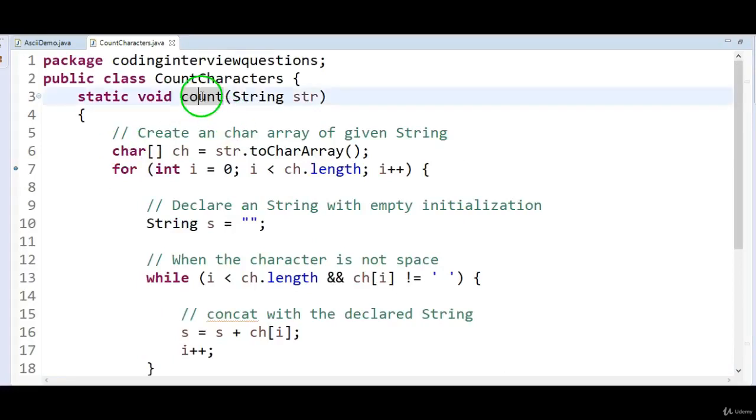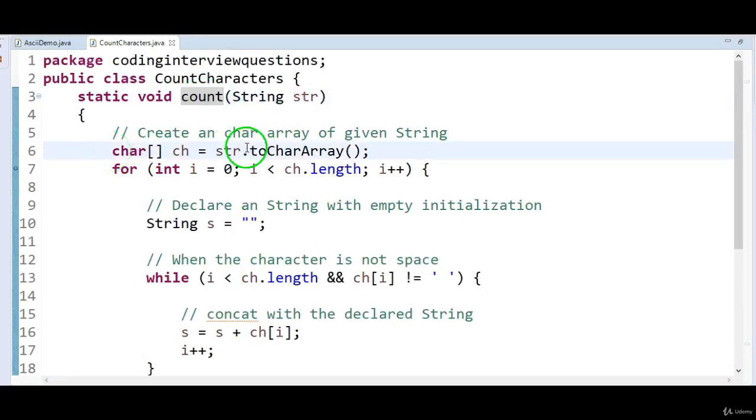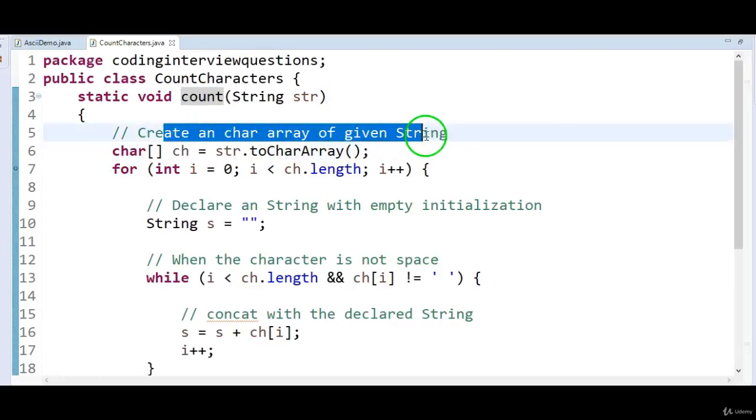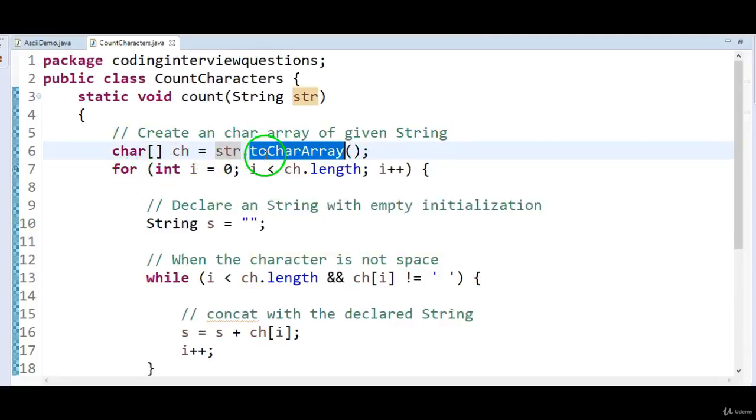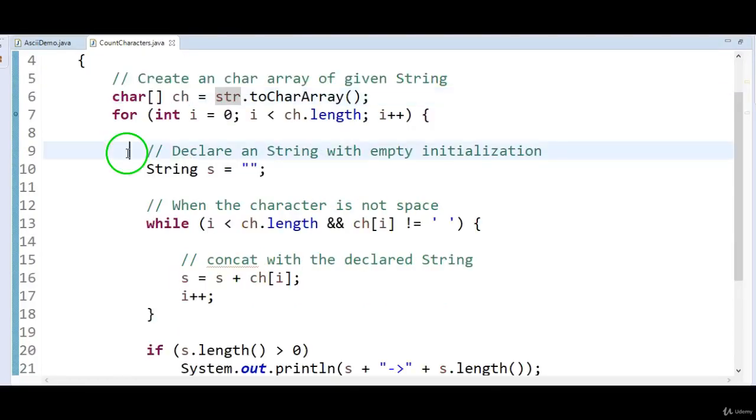So here inside this countOfString, as I told you, first we need to create a character array. How do you create a character array in Java? By converting the string to a character array using the toCharArray method. When we call str.toCharArray, it converts the given string into a character array. Now as I told you, I'll be looping through each character, starting from H, ending with D. Initially I will be 0, and I less than ch.length, I plus plus.